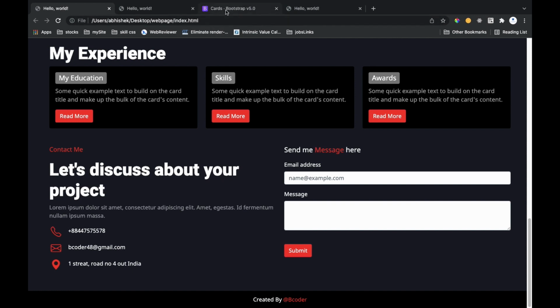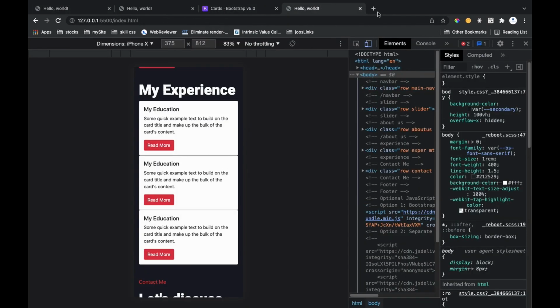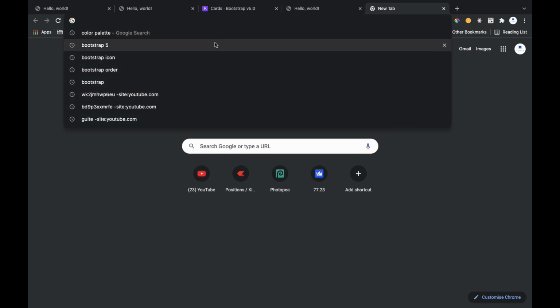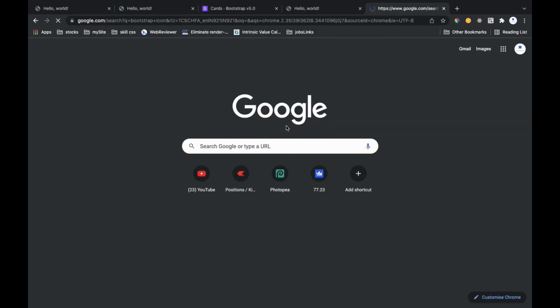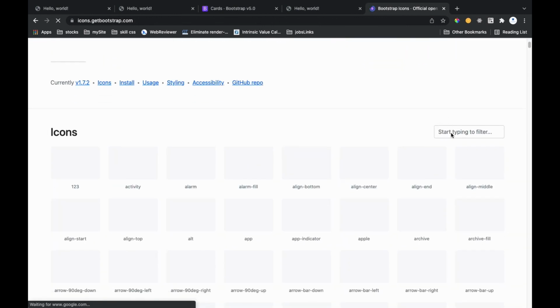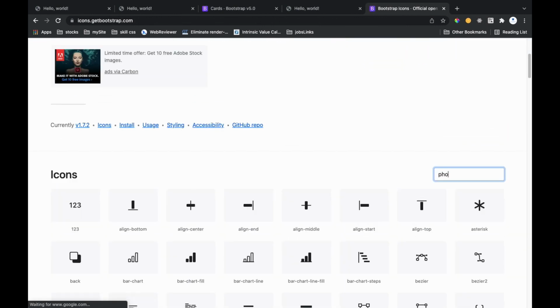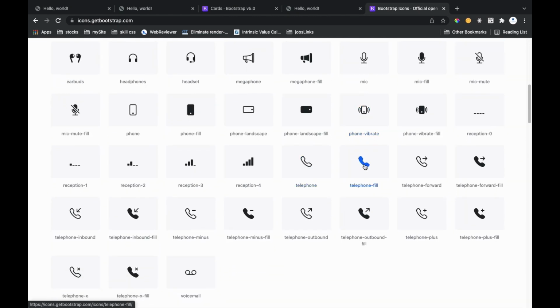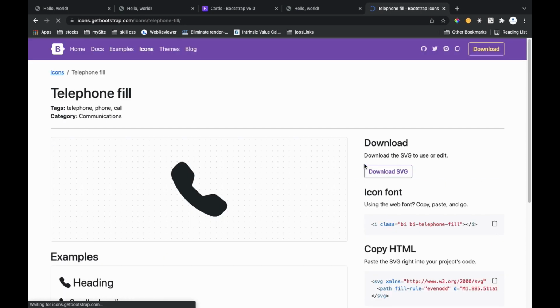First you have to go to your browser and search for Bootstrap icon. Go there, search in menu phone, because you have to use phone. We have to use the phone icon.